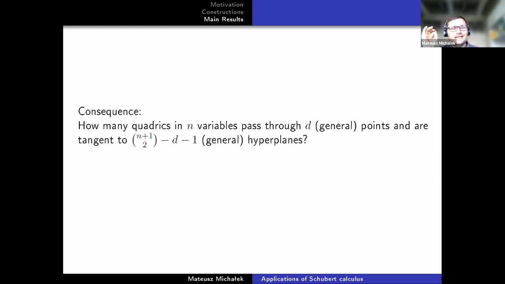Okay, so you can ask how many quadrics, so degree 2 homogeneous polynomials in n variables, pass through D general points and are tangent to the correct number of general hyperplanes. So our result can be interpreted that if you fix D and vary n, then this is a polynomial in n. So maybe you heard about log concavity results by June Huh